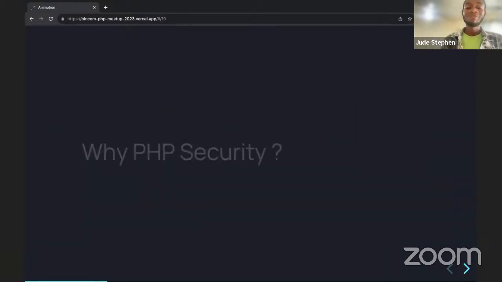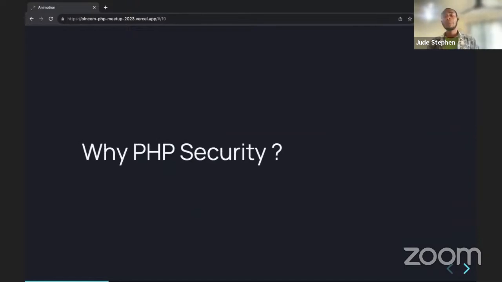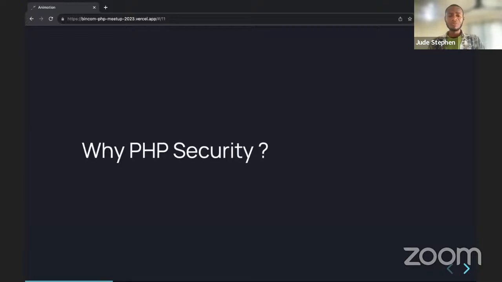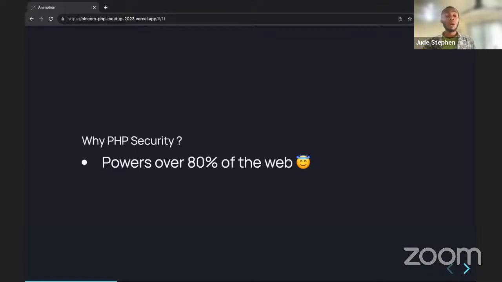All right. So why are we talking about PHP security today? I'm going to be building on the topics mentioned, mostly trying to give an example, if possible, to illustrate them and how we can resolve them. But why are we talking about PHP security? PHP powers over 80% of web applications.